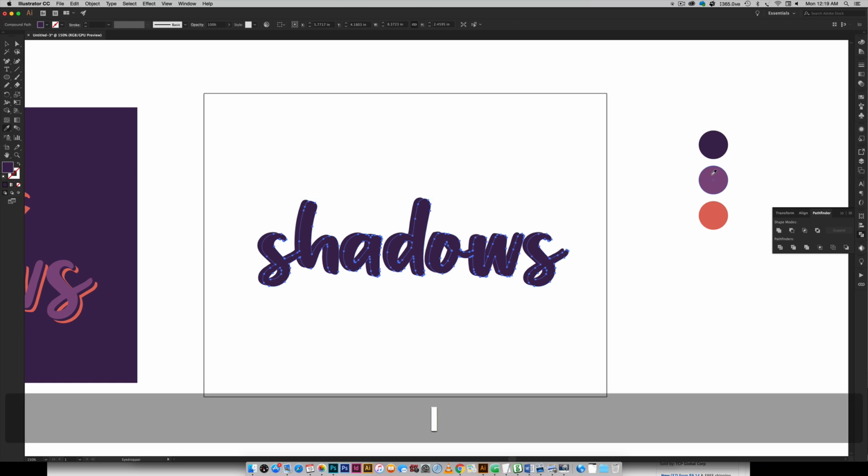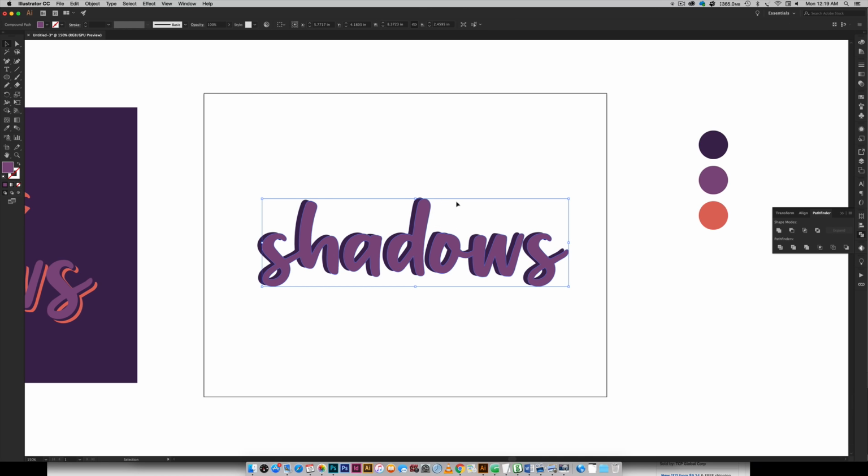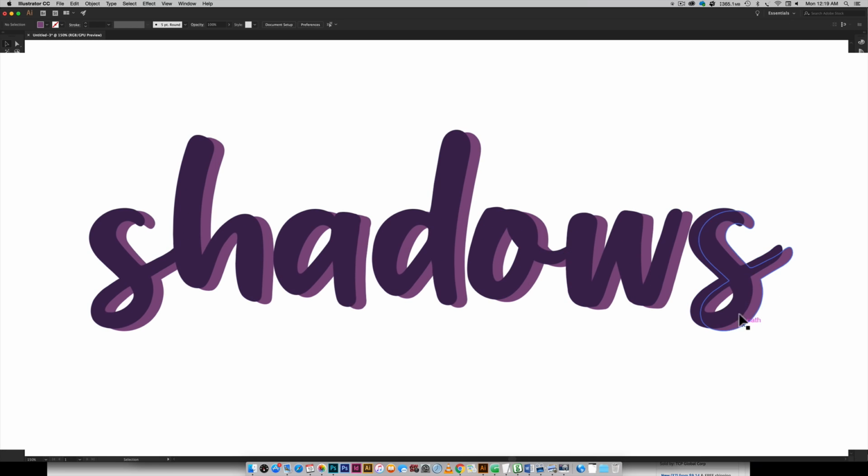So I'm just going to eyedropper this lighter purple color so we can see things better. And we want this copy sent to the back. So you can just right click, arrange, send to back. So we've got the darker one on top. So this is all looking really good, and all we need to do is bring in that space between the